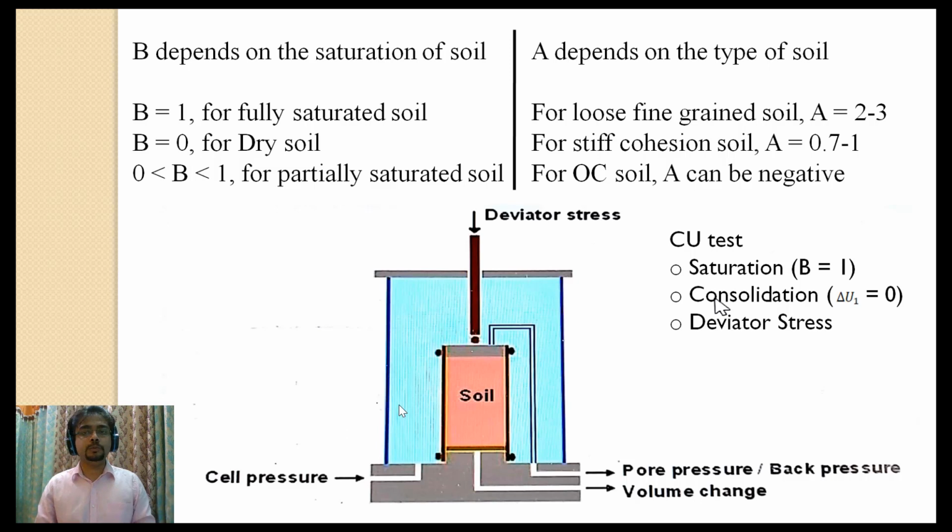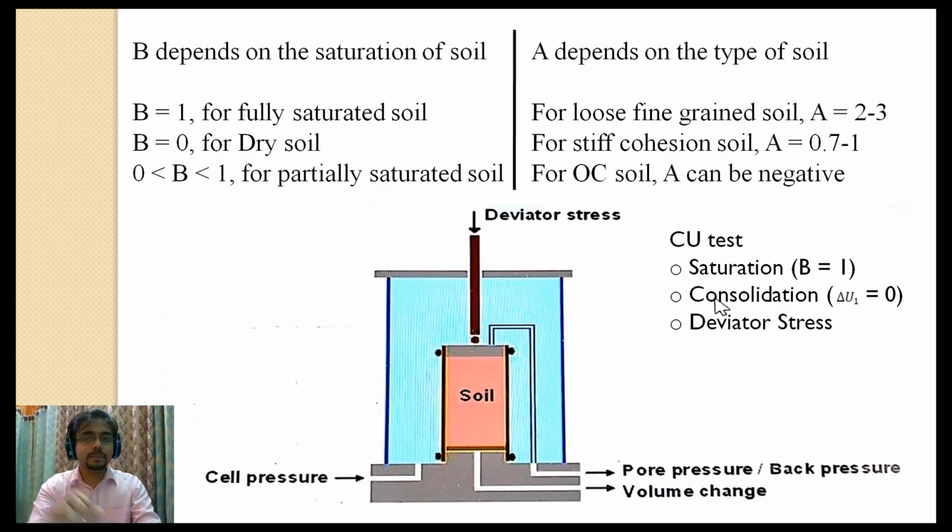That means suppose a soil sample is going to be saturated, is submerged in water for suppose 3 to 4 hours. Now we are going to place it in a cell. That means in this cell we place the soil in a rubber membrane, and we are going to apply a cell pressure. Suppose the cell pressure which is going to be applied is 0.1, which is less than our desired cell pressure. So suppose we apply a minimum cell pressure of 0.1 kg per centimeter square, by keeping the drainage valve closed.